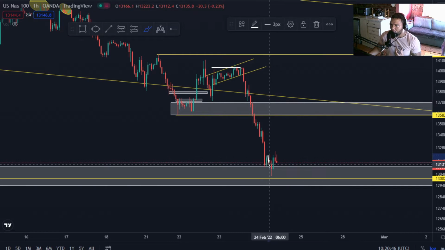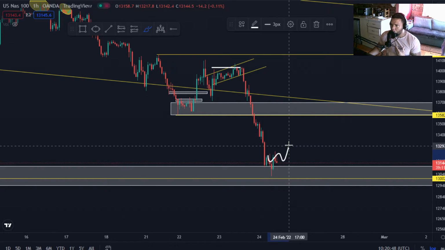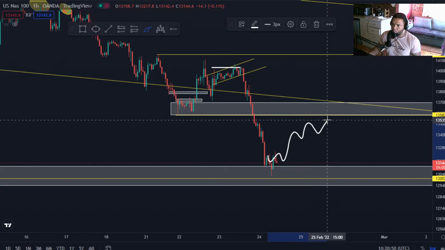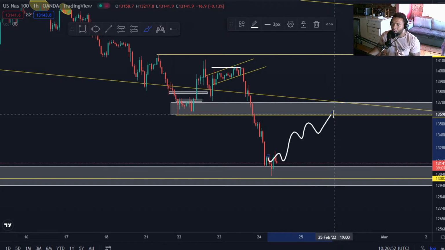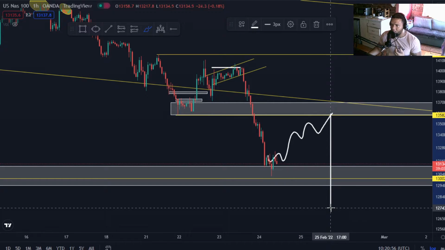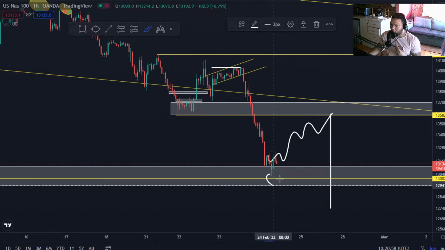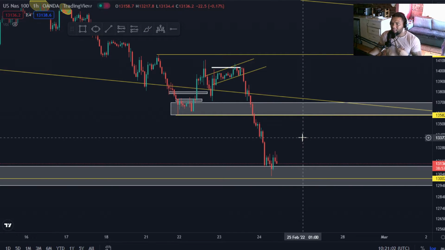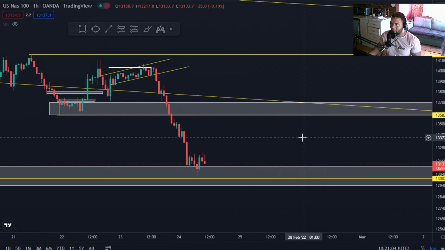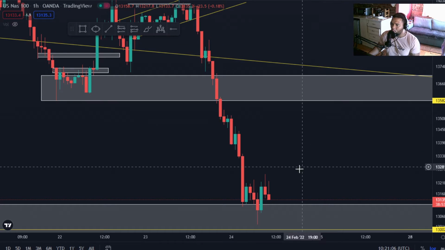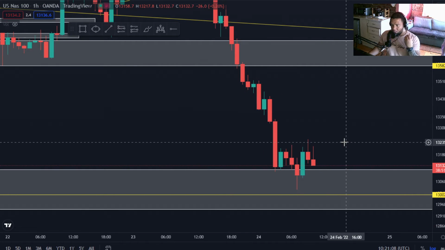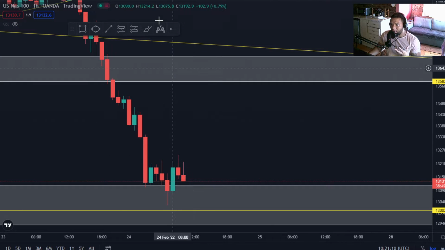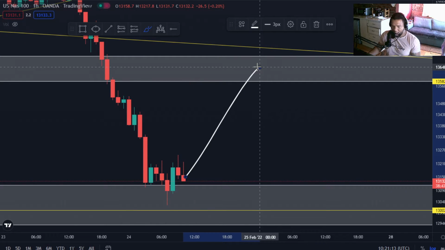As you guys could see, price did create this new low. So now we will wait for price to retrace back and test this area of 13,600 again, and eventually come and test this area here again at our 13,000, right? So this is basically what I will look out for. But instead of waiting so long for that, guys, let's wait for price to create a double bottom first, and then we can take a trading position to the upside to this area.